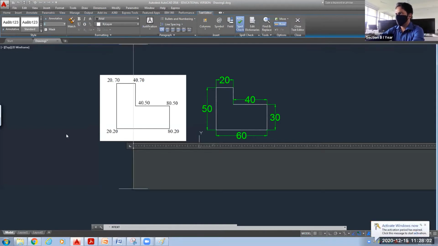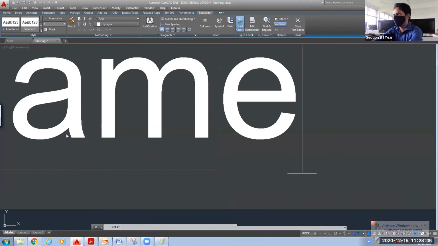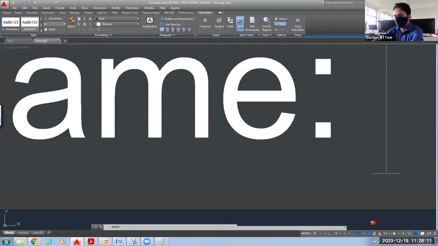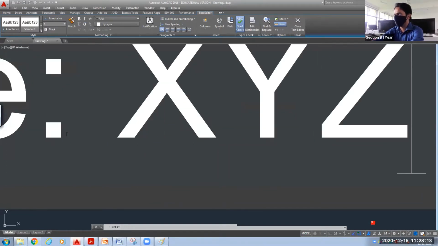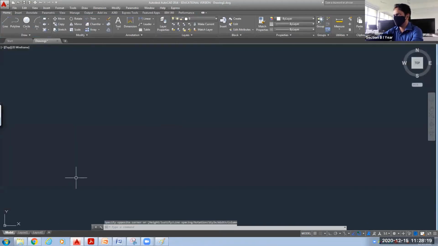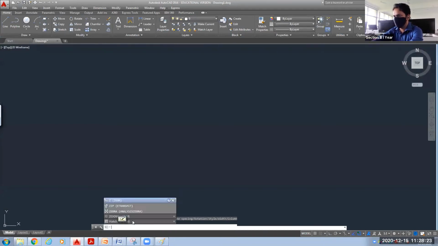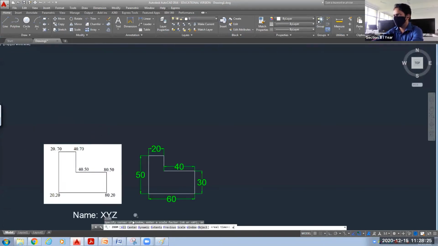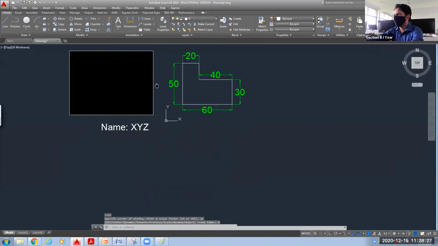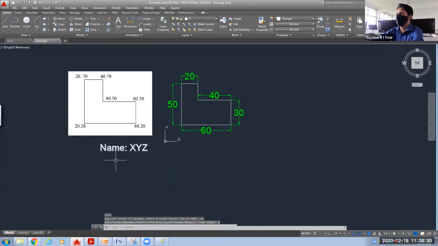And you have to write name, whatever is your name you can write. For time being I am writing XYZ. Okay, once you are done, you can click somewhere outside. Now that is again out of your screen, so command you have to use zoom all. You can see name XYZ is written here.